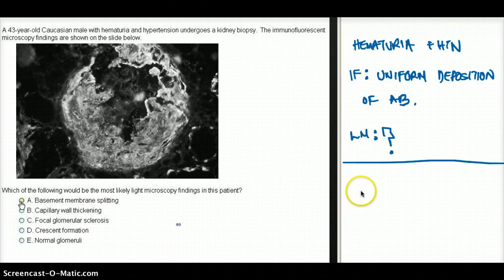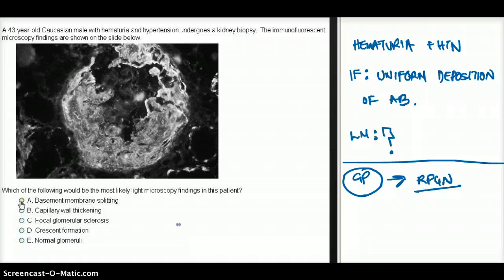So what is this? The patient has hematuria and hypertension, okay, and he has a uniform deposition of antibodies. That is the biggest clue. Whenever you have uniform deposition of antibodies, that screams to me that that's Goodpasture, okay? So with Goodpasture, what kind of kidney manifestation do we see? We see RPGN, okay? Goodpasture gives rise to RPGN in the kidney, and RPGN gives rise to what